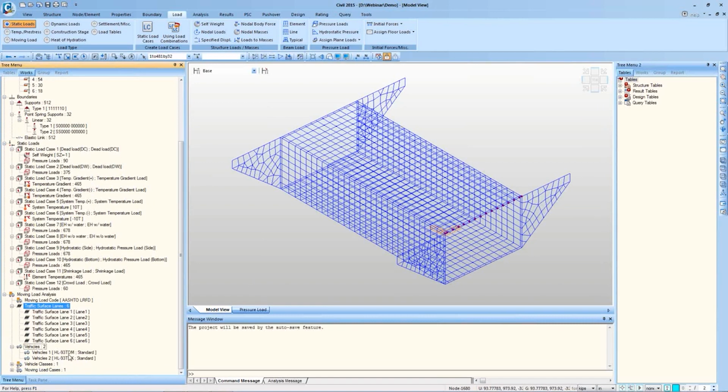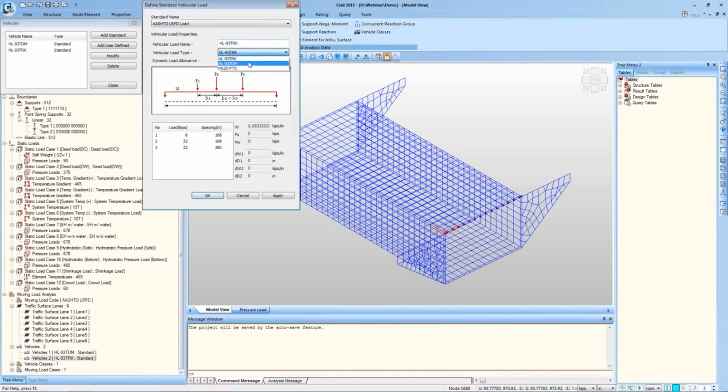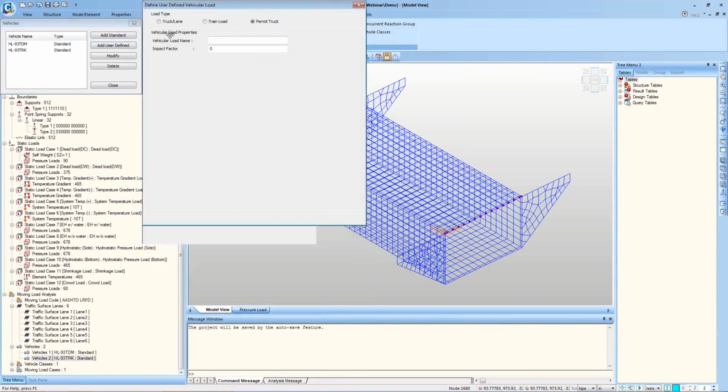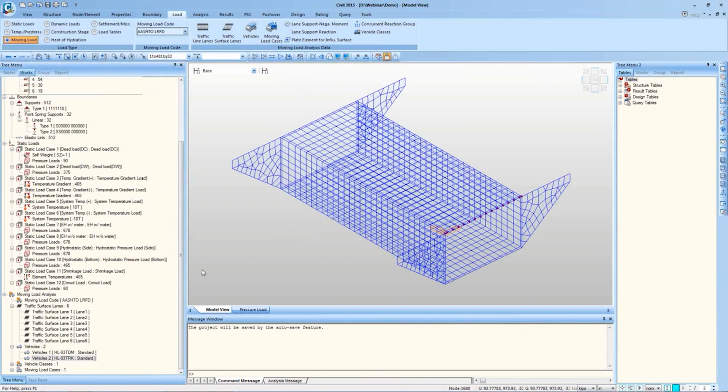Vehicles defined are tandem and truck vehicle, which we defined in the wizard. We can define additional vehicles by going into load, moving load, and adding the vehicles. We can add standard vehicle as per the standard, or we can also use user defined option for defining vehicles, and then moving load analysis can be performed.